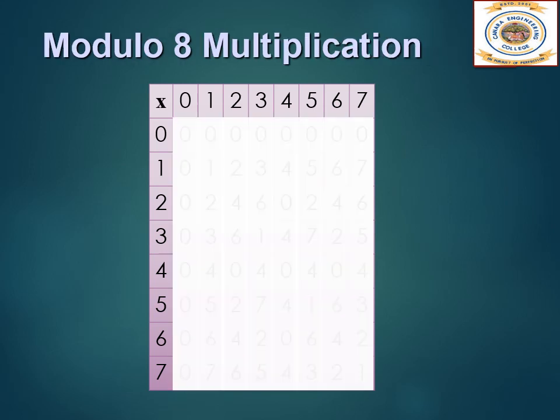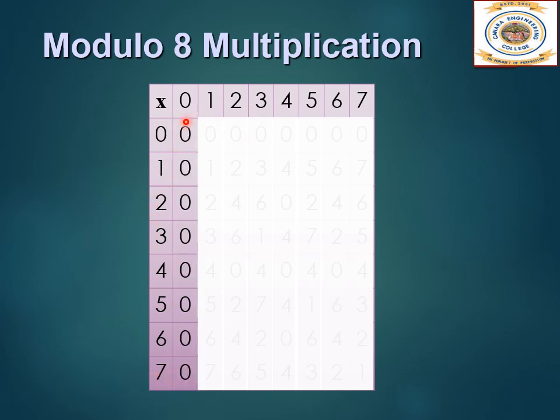Next, let us check an example for modulo 8 multiplication also now. So there we were adding, now here we have to multiply the corresponding cell elements, right? Again it is the same way, we list out 0 to 7 in the row and 0 to 7 in the column over here. Then first column entry, let us check. When 0 is multiplied with any number, what do we get? We get 0.